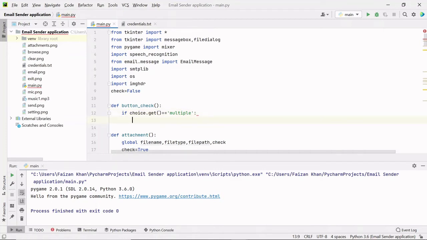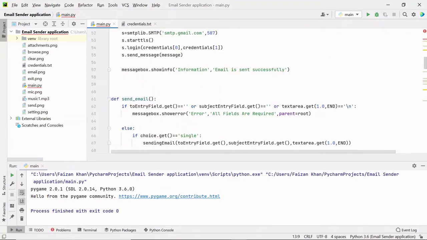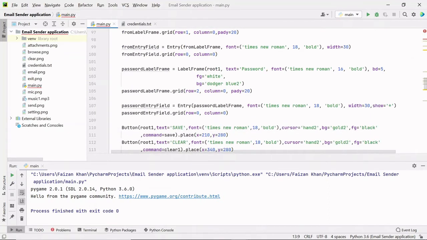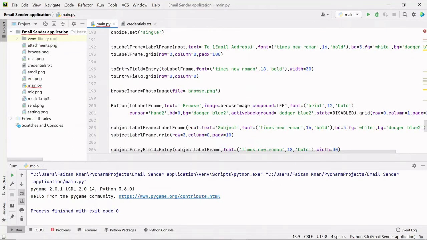In that case, I will make the state of the browse button normal. So firstly, we will have to create an object of the browse button, so that we can use the methods which are present inside that button class.